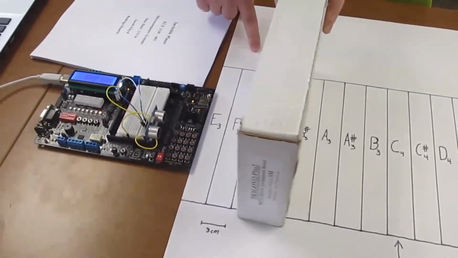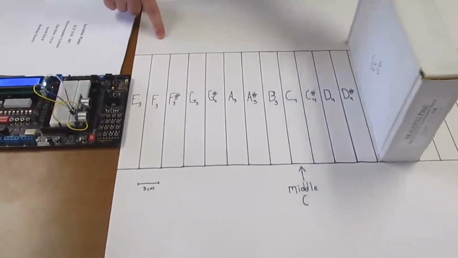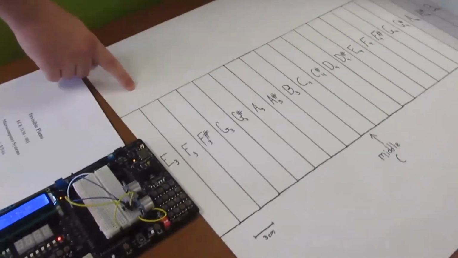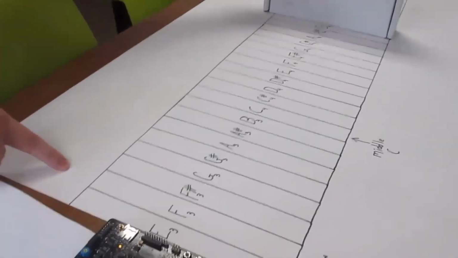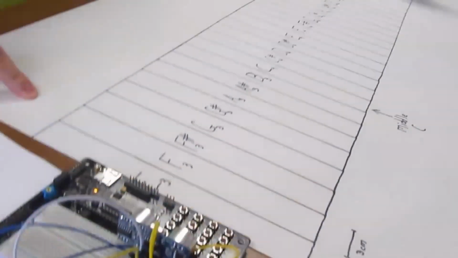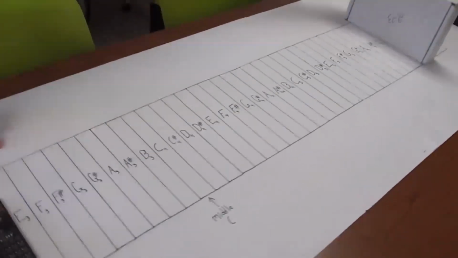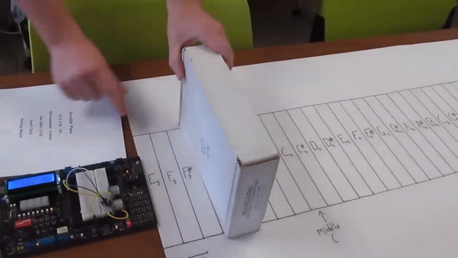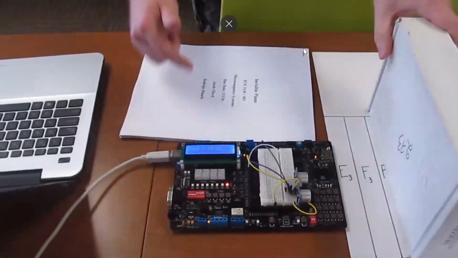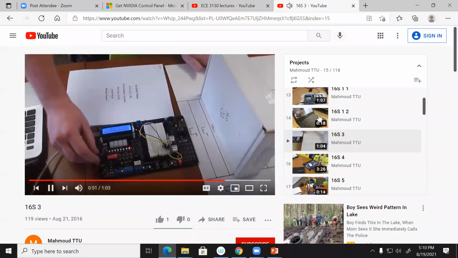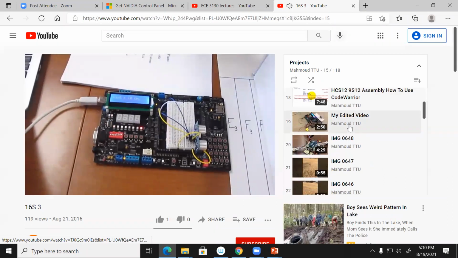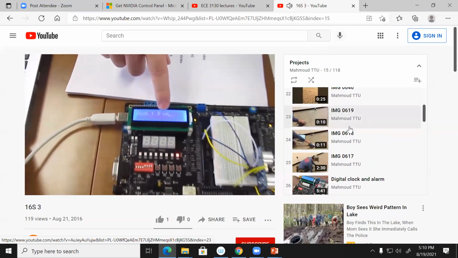It plays different notes. See, that's E4. Different tunes. You can pause the sound at any time with this button and turn the system off, and it shows the distance the entire time.